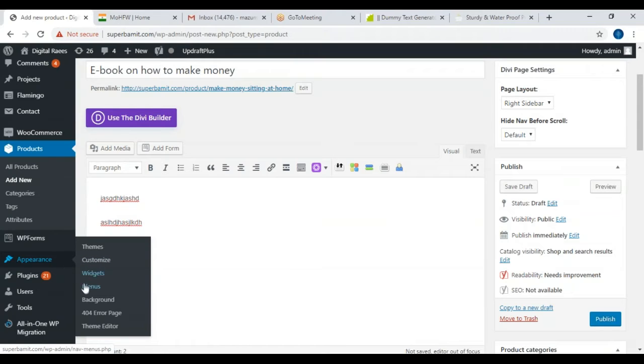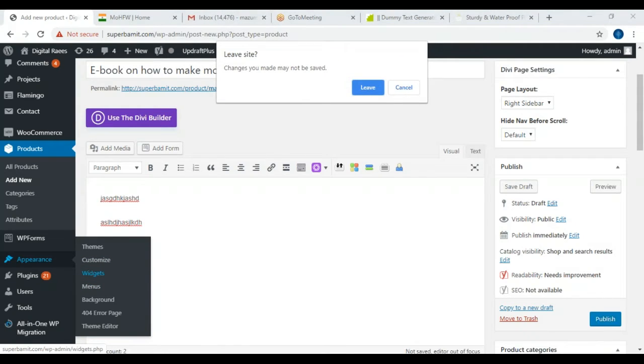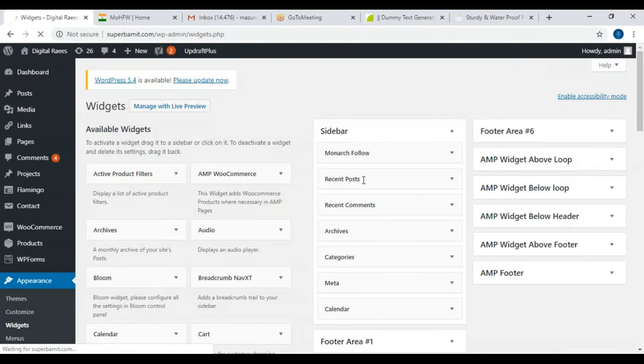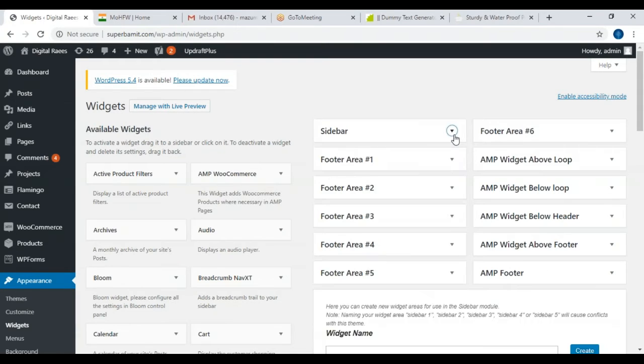So everyone go to appearance and widgets. Now everyone listen and follow my instruction. On your laptop or desktop, click on appearance and widgets. On the right hand side, can you see WooCommerce sidebar or WooCommerce bar? Can anyone see that? When you go to appearance and widgets, can you see the WooCommerce sidebar?